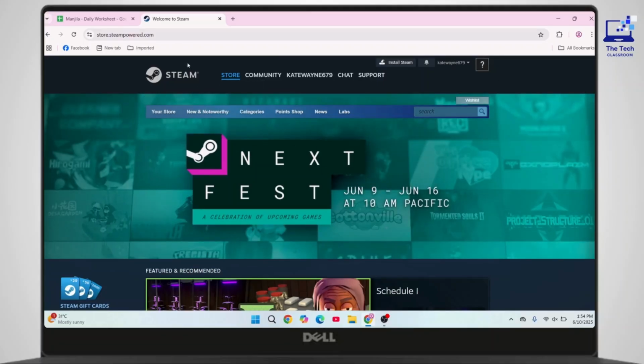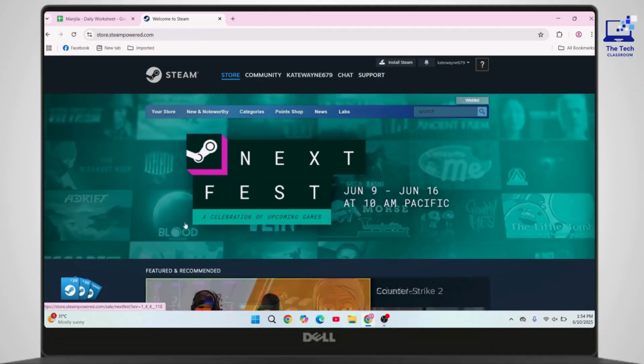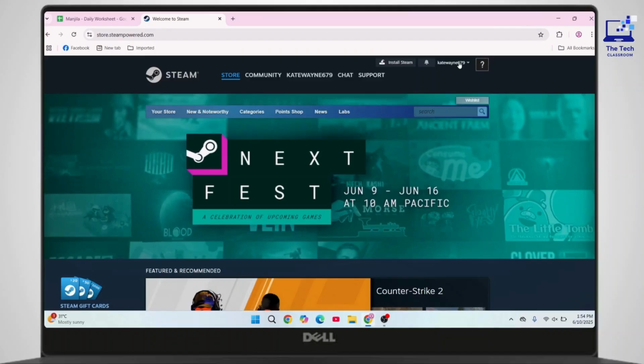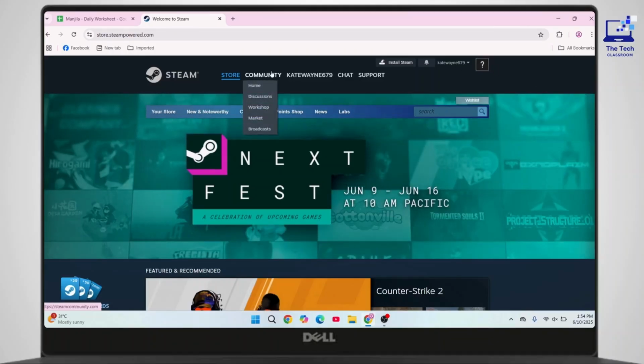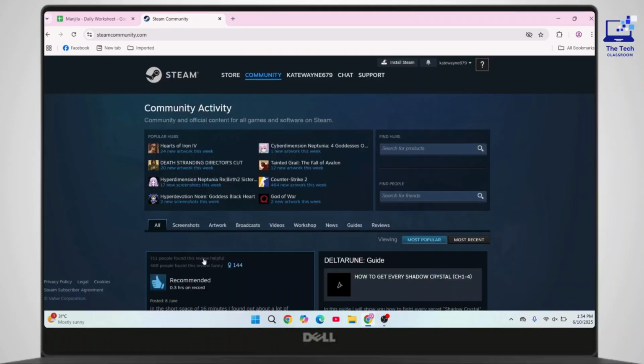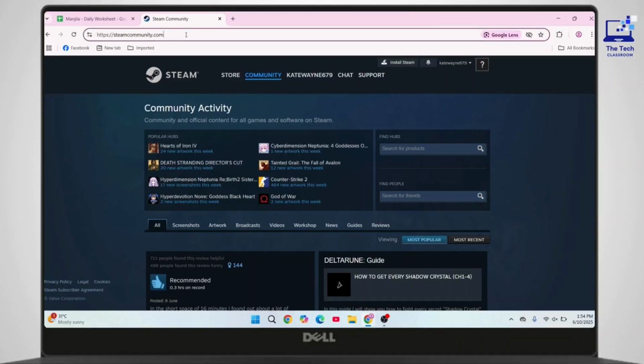First of all, on your web browser, head towards Steam. Once you're here, make sure that you're logged into your account. Head towards the community tab. Once you're under community, now navigate to the address bar at the top. Click on it and here you have to type in